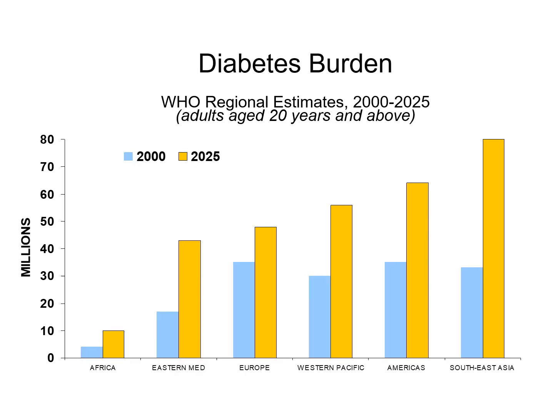Diabetes. If you have a look, there are the different continents. These are the WHO regional estimates from 2000 to 2025 in adults aged 20 years and above, from Africa to Southeast Asia. The major rise is seen in Southeast Asia. The people living in Southeast Asia will bear the brunt of